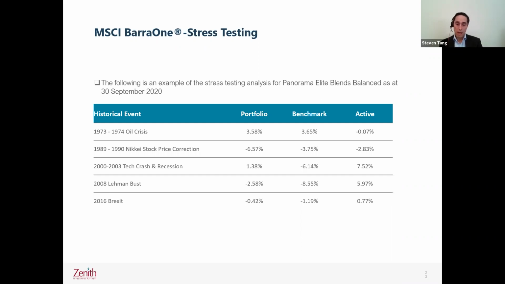And again, relating back to what I said originally, we're trying to design portfolios with lower drawdowns. So we want to make sure that in these type of scenarios, and remembering that historical is great, but you're going to need a grain of salt. But you need to have a look and see, okay, the one there that probably stands out is that Nikkei stock price correction, and you can drill down and see why that is. If you looked at the portfolios, obviously we have a weighting away from the US and more to the Asian market, and that was why, in that scenario, thinking back to that period, our portfolios underperformed there. It's a very unique situation. So that's the stress testing that we do across all our client portfolios.